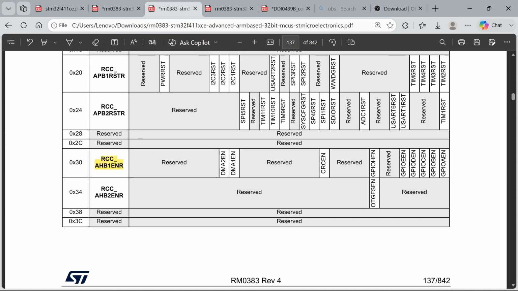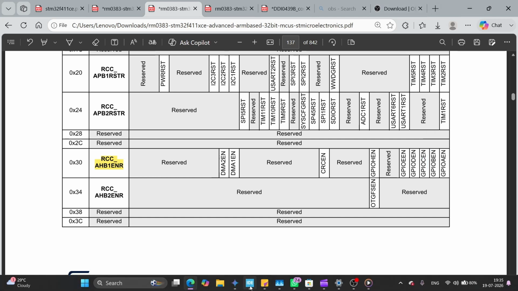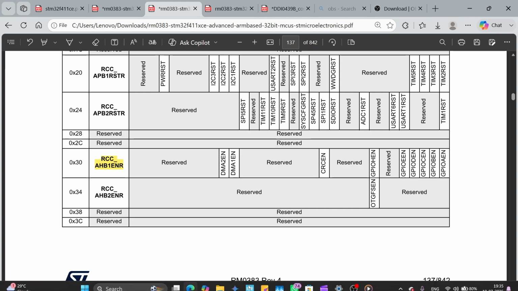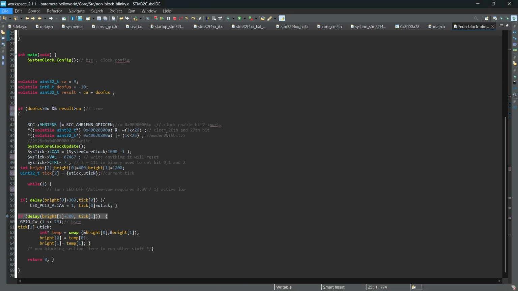We'll add the 30 offset, and we need to turn on the GPIO-C. So the second bit we need to set. Likewise, you can see I've written 4U in the comments. 4 is nothing but the second bit.